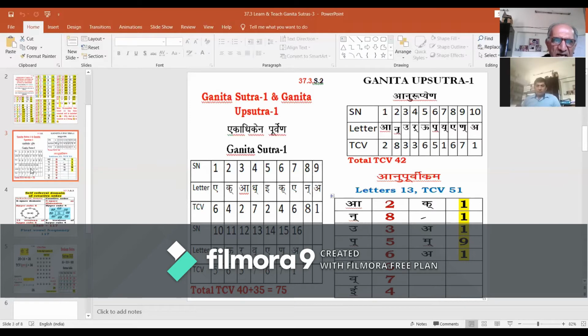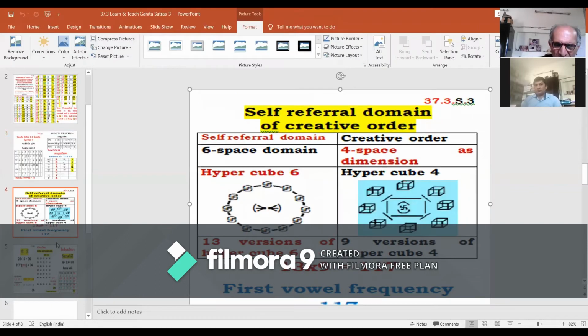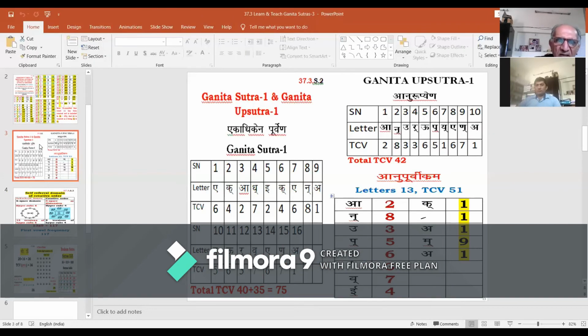Now let us have a glimpse of the organization of Ganita Sutra 1. Ganita Sutra 1 is a scripture, a complete scripture in itself. It has a range of 16 letters. These 16 letters of Ganita Sutra 1 each have transcendental code values